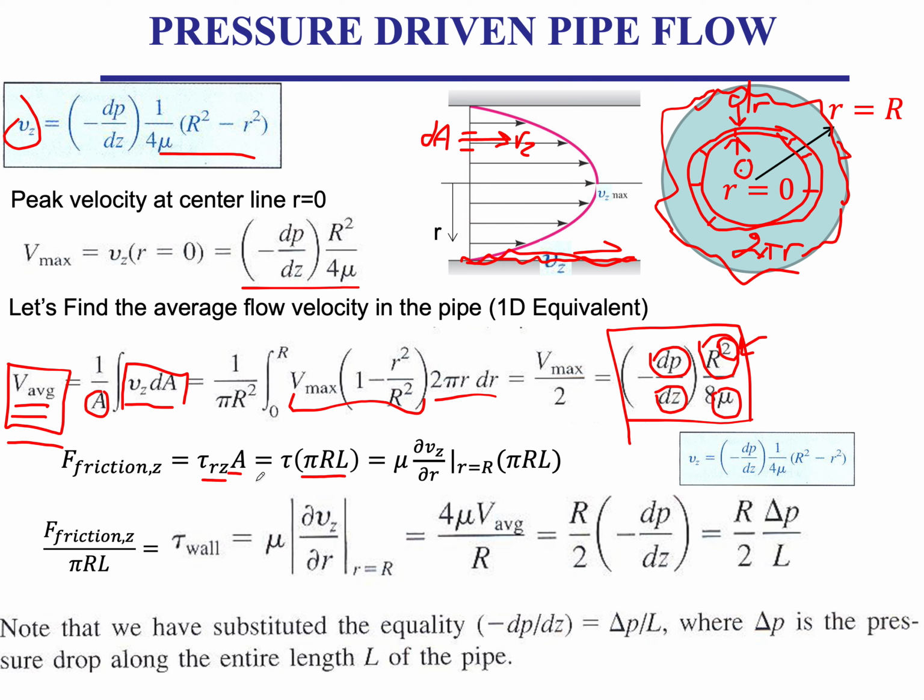Because of the tau R Z, the direction is in the z direction. The area that the flow sees is the inside area of the pipe, not the cross-sectional area of the pipe. That's why it's not pi r squared. So for tau R Z, you multiply the viscosity with the strain rate, dVz by dr. So this is Vz as a function of r, and you differentiate that,